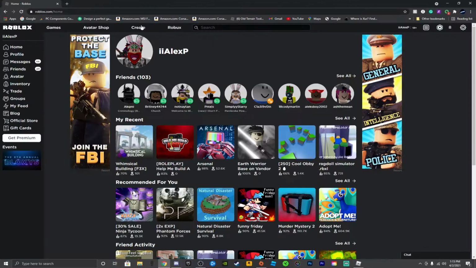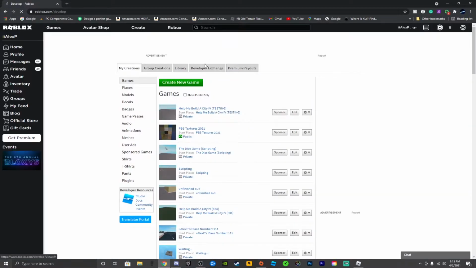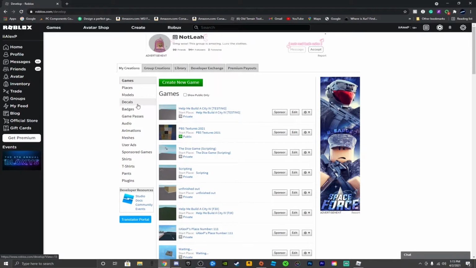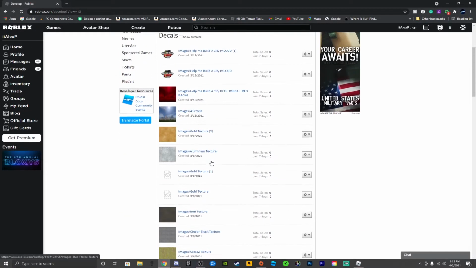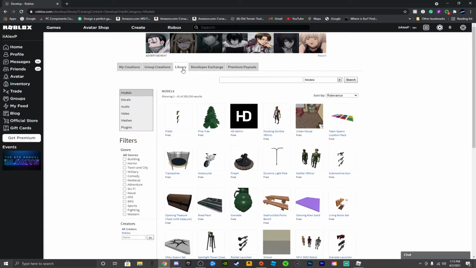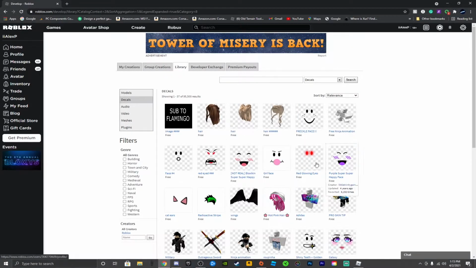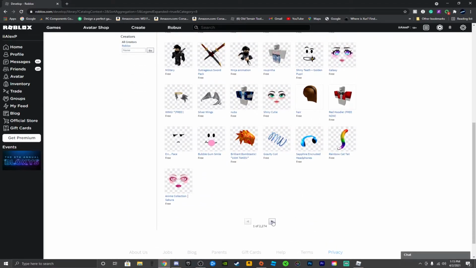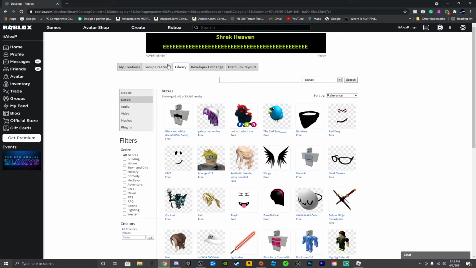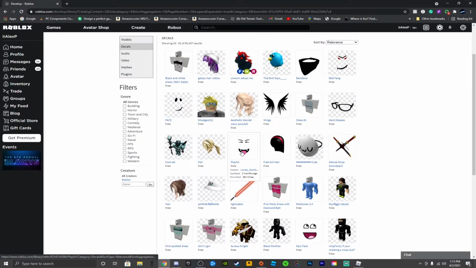So yeah. Alright, so what you're gonna be doing, you're gonna go to the create section, and then, I mean, you could use your own decals, sure, but mainly we're gonna go with library, and then decals, and then you can use any decal you want in the library. Mainly I'm gonna be using